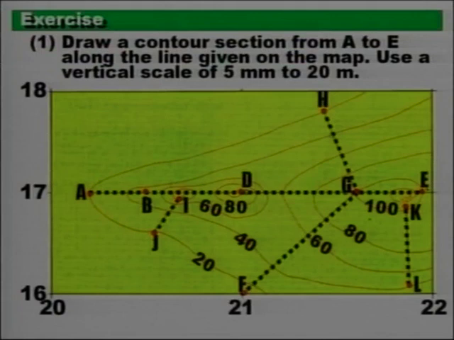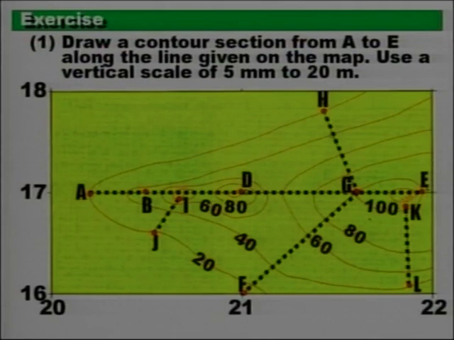Also note that the map has a scale, and the scale given on that map is 1:20,000, and it should contain the grid references, the eastings and the northings. So using all of that information presented on the map,